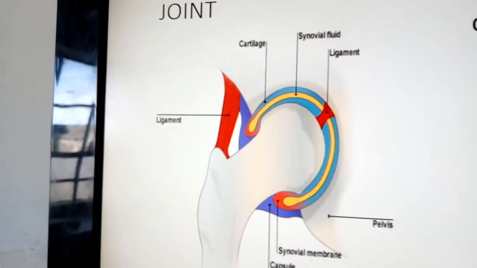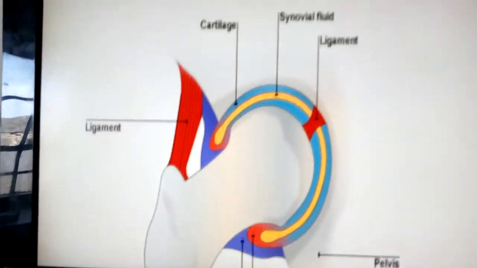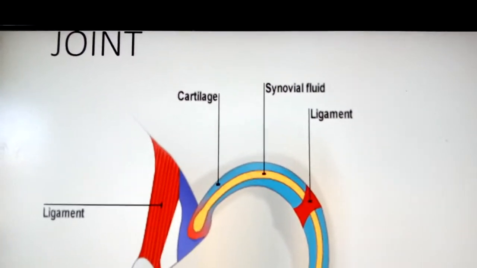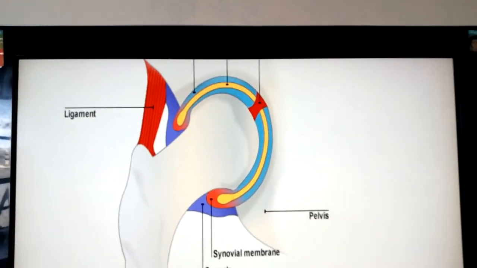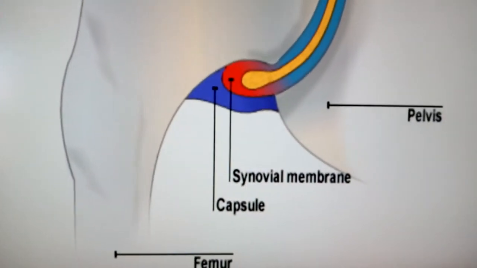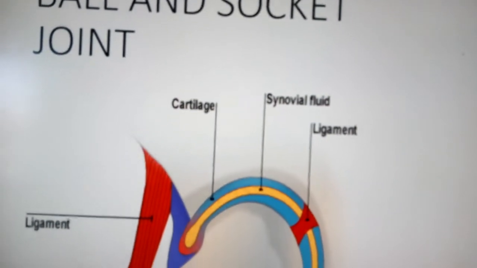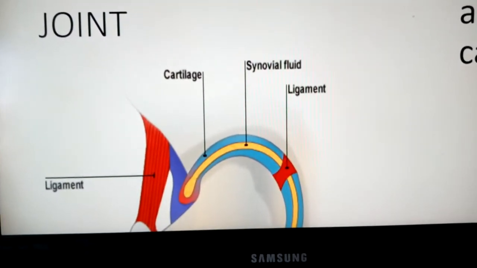And we also have this membrane here that is called the synovial membrane. The synovial membrane is this one that appears reddish and bluish in color all over here. Then in it we have this yellow fluid which is called the synovial fluid. The spelling of the words synovial fluid is here.